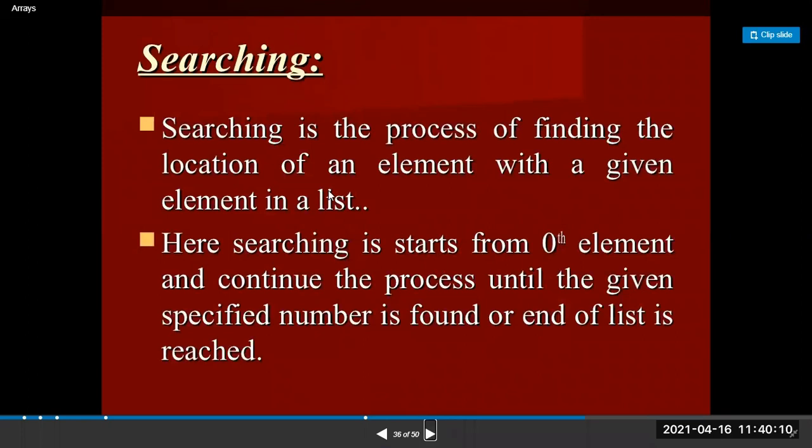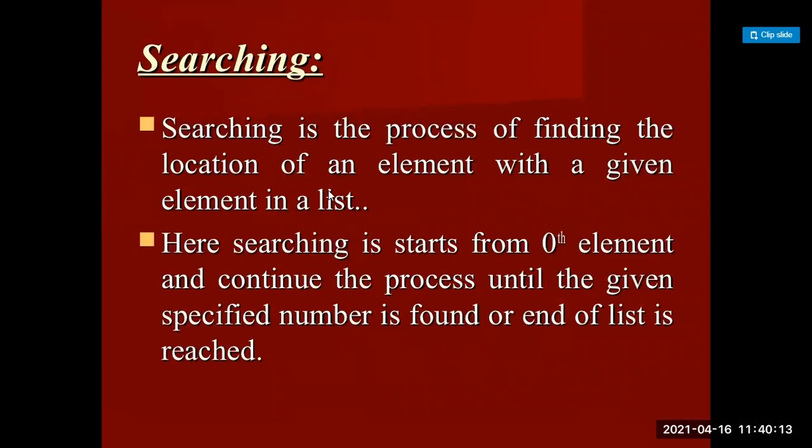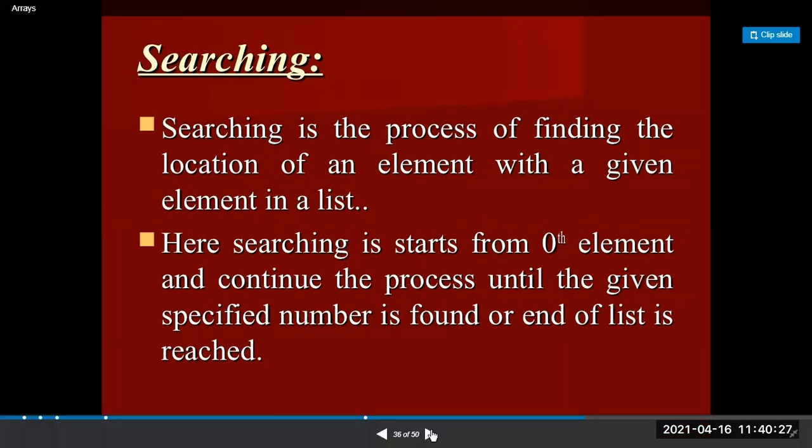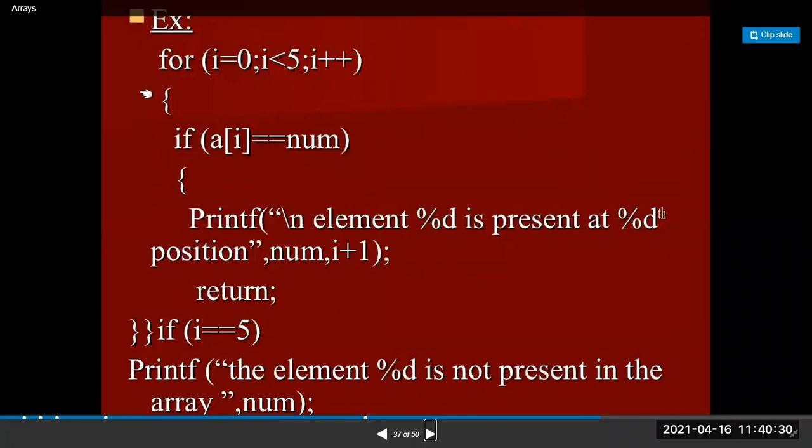Next operation is searching. So searching is nothing but finding the element in a given list. We have to find whether the data is present in the list or not, that is nothing but searching. So some searching operations are linear search, binary search, interpolation search. These are the operations on a set. So I am using here only linear search. So first we have to compare the first element with the number. So if the number is equal to the a of 0 element, then print the number and return. Otherwise, check the values from 0 to 5. If the element exists, print the element is present. Otherwise, element is not present here.